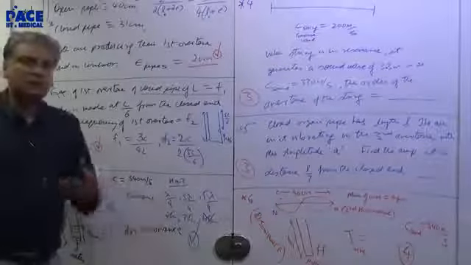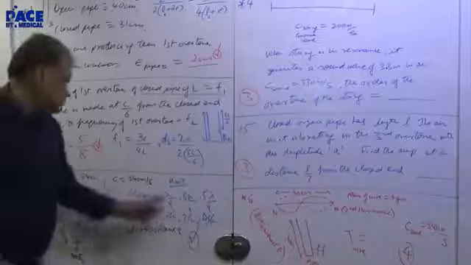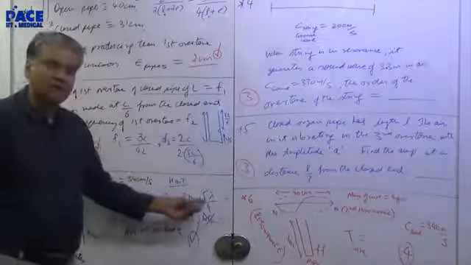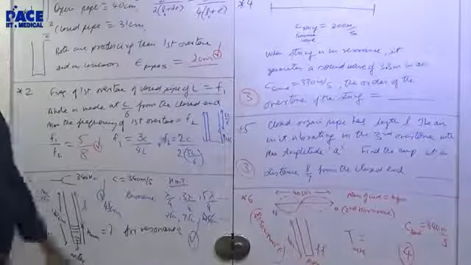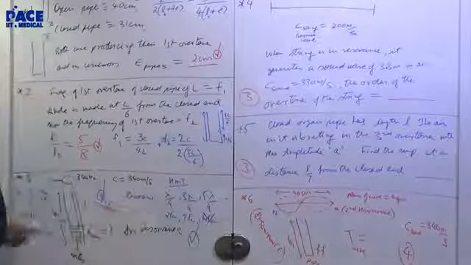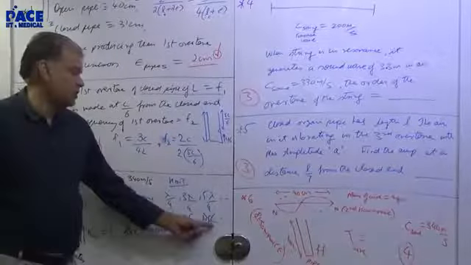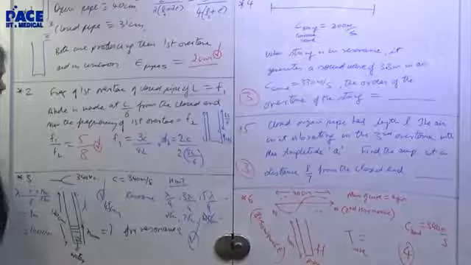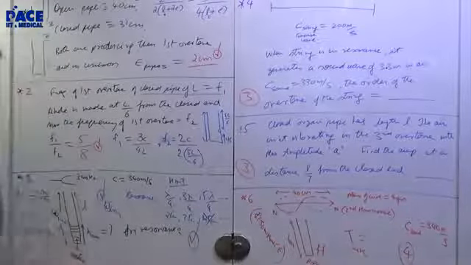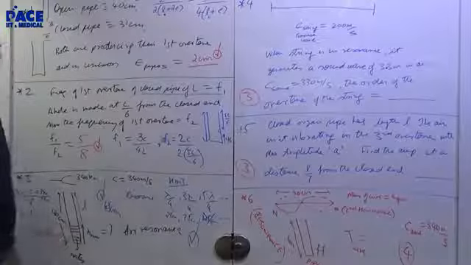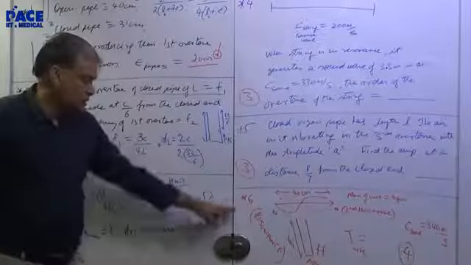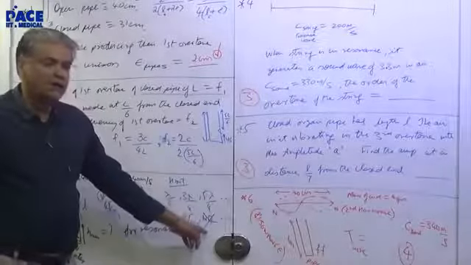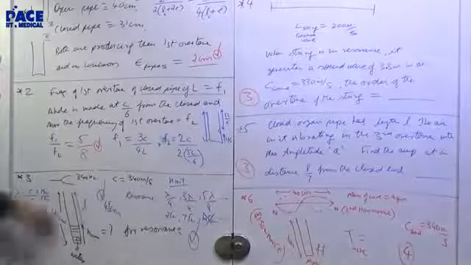When do you get resonance in the experiment? When the length inside is either lambda by 4, or 3 lambda by 4, or 5 lambda by 4, etc. Which means the length is 100 by 4, 25, or 75, or 125, etc. Now your length is 120. So as you pour water, 120 becomes 119, 118, 115 like that. Resonance will be obtained. You are coming from the other side, back counting. You can't get 125 because 120 is the maximum length.